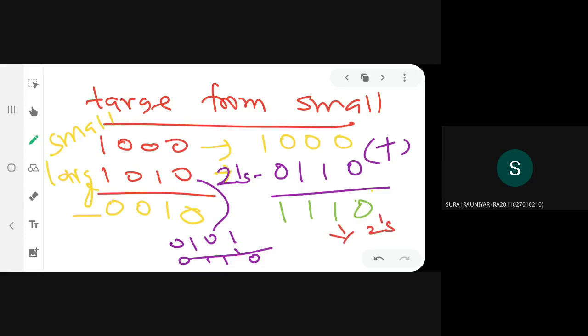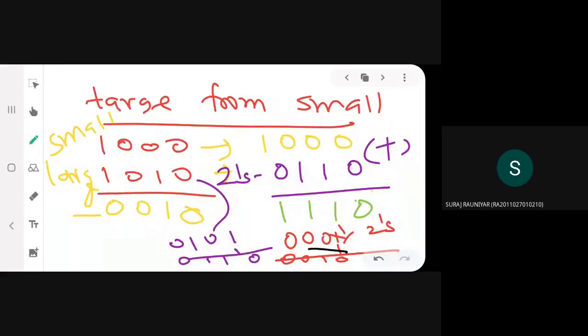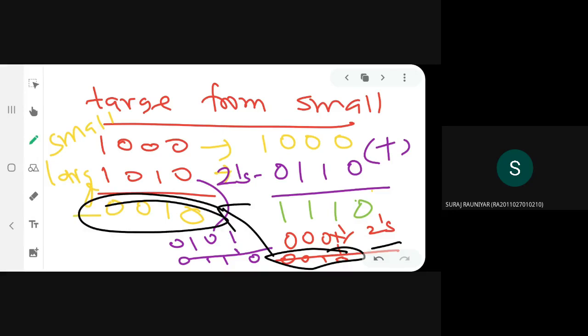So what is the answer? 0, 0, 0, 1. That is the 1's complement. So to which you will be adding 1, 0, 0, 1, 0, 0. This is the answer, and minus sign. And you have to change the sign. If it is positive here, you have to change the sign. So the answers are matching or not matching? Matching. So this is all about 1's complement and 2's complement subtraction.